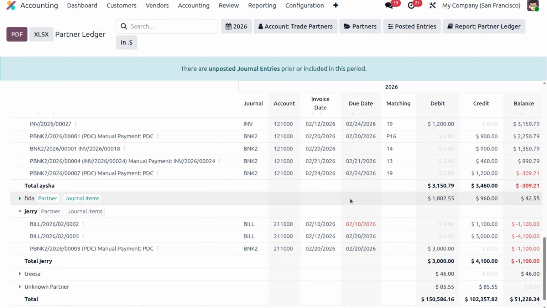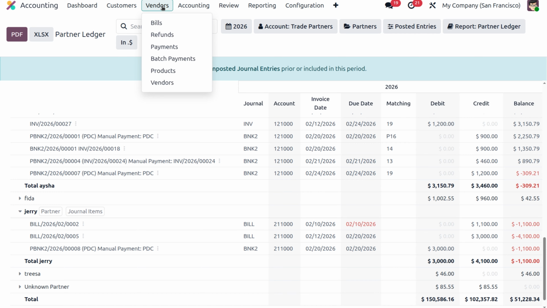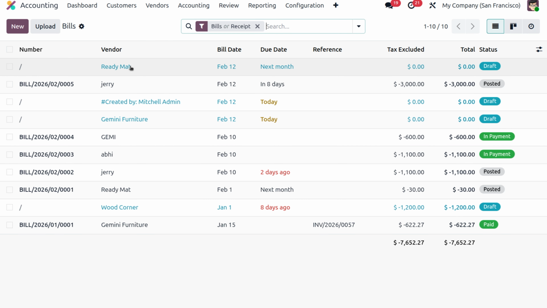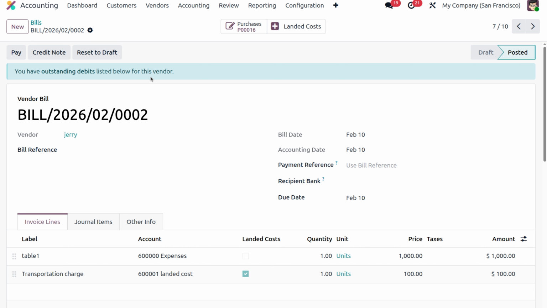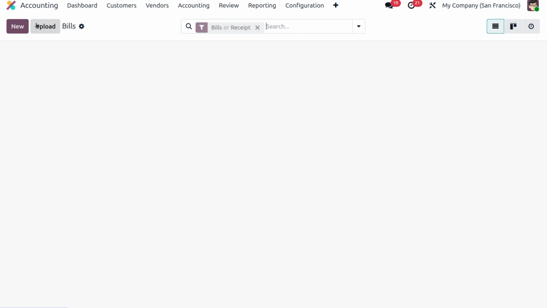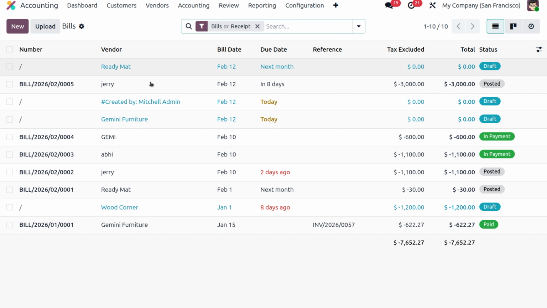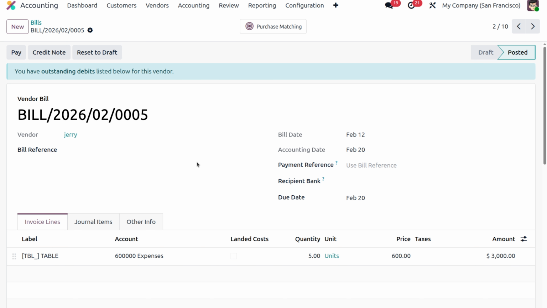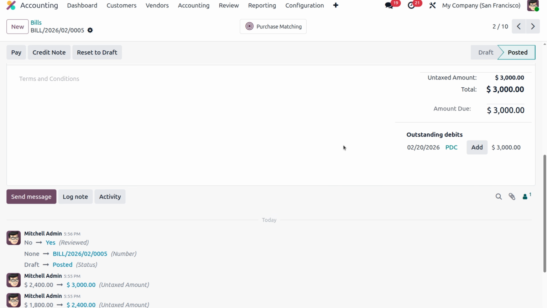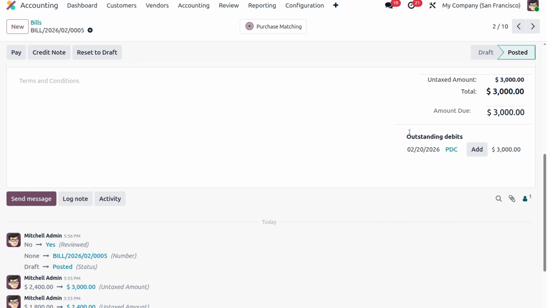Once you are done with that, let's move to the vendors, and let's move to the bills as well. So moving on to the bills, where is the bill that we created? Okay, this is not the bill. Let's move back to bill. Okay, this is our bill. So once we are moving on to the bill side and scrolling down,